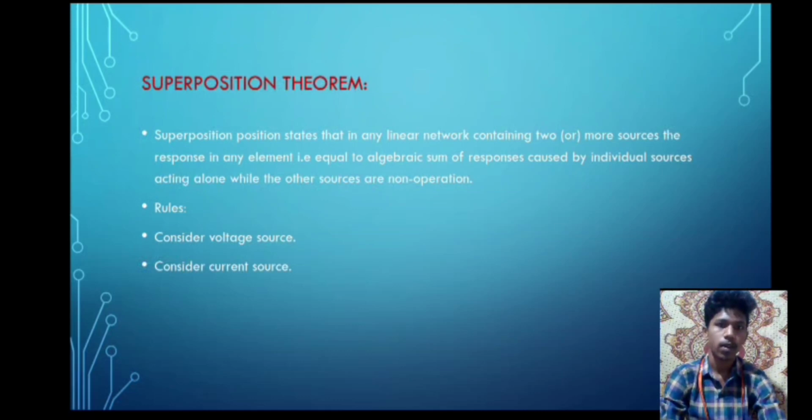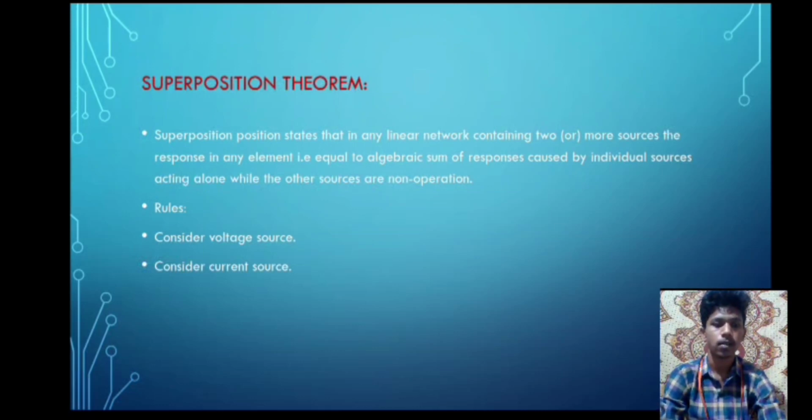Which means if you take any circuit with multiple sources, dependent or independent, whatever it may be, we consider only one source and the other sources are ignored, and then we find the values for that circuit,